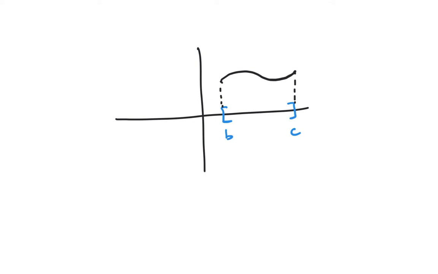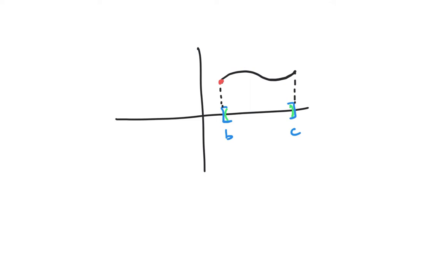Now if we're talking about a closed interval from B to C, so this includes the points B and C. Well, for all the stuff in the open interval B and C, which is everything but the endpoints B and C itself, the same thing just applies from the previous case. But if we think about what happens at B and at C, if we're just worried about this interval,